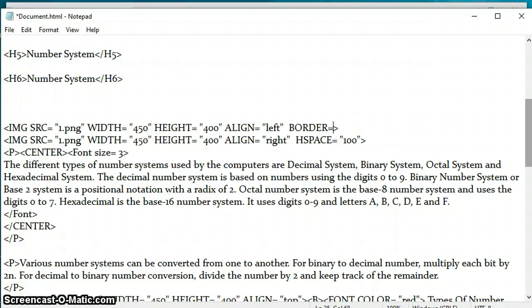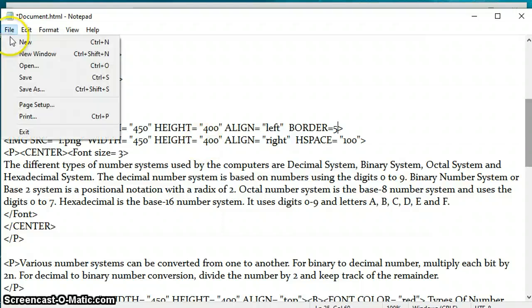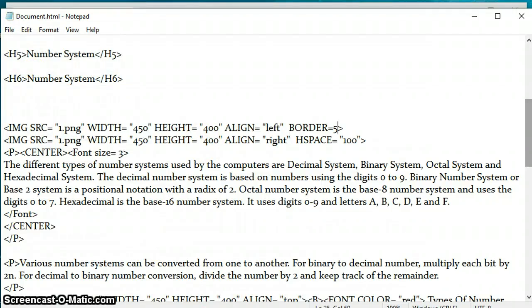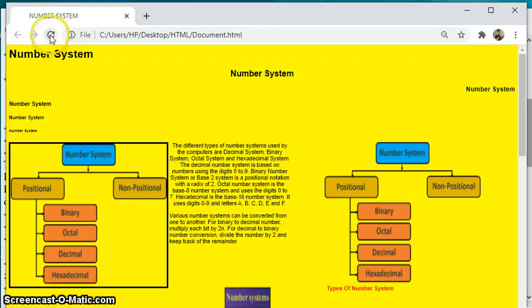So accordingly you can choose the border size. I am keeping it 5. Let us see how thick the border is. So this is the thickness of the border.